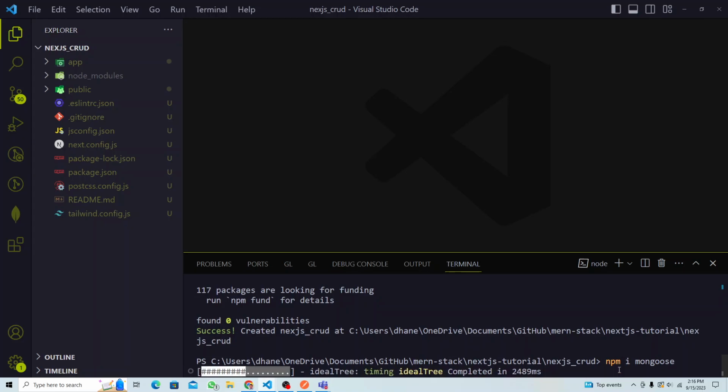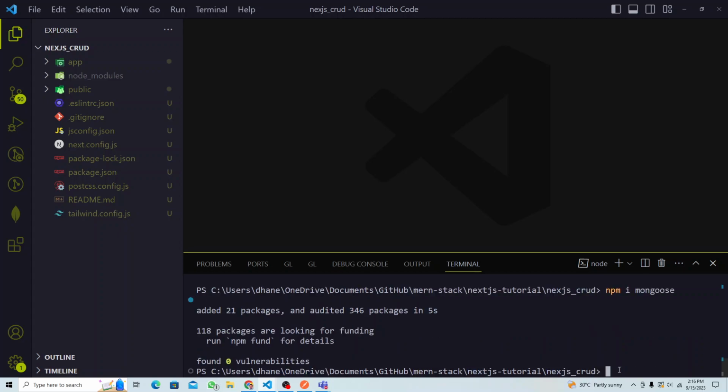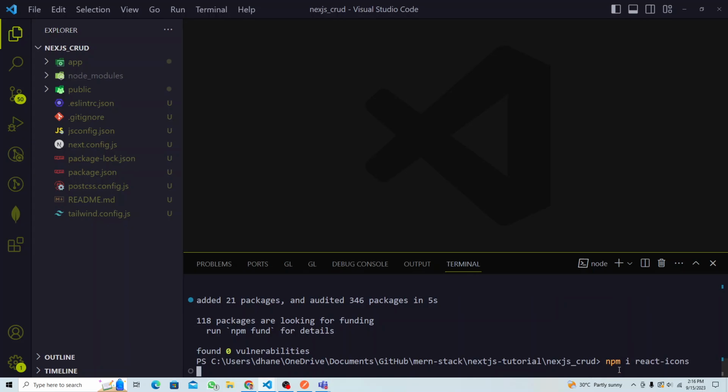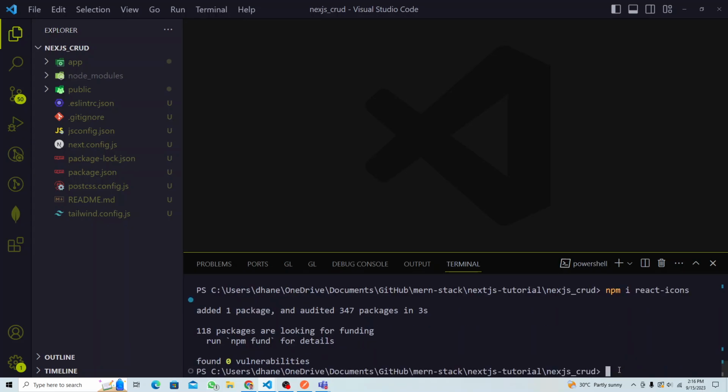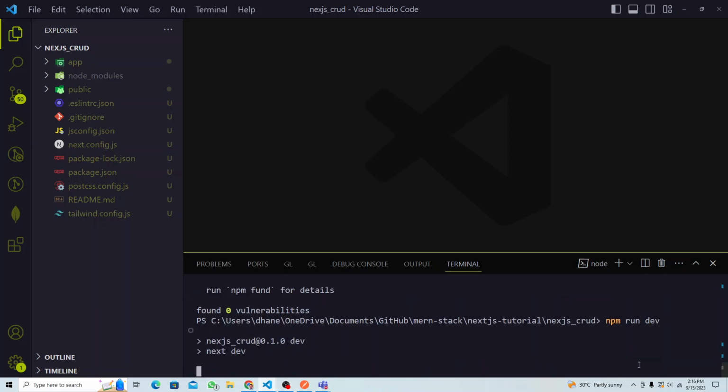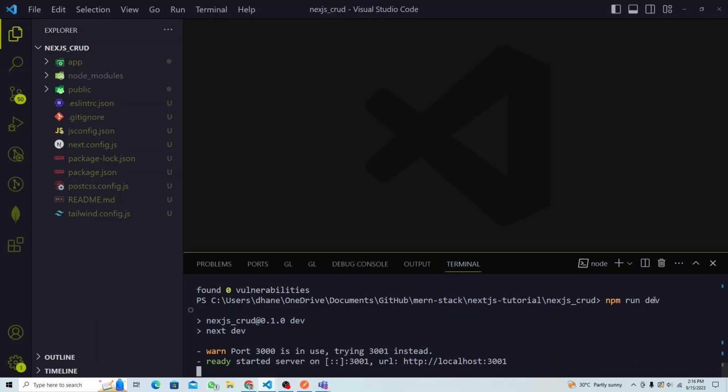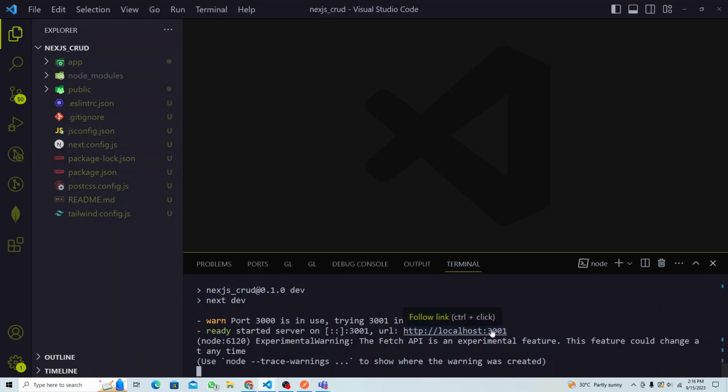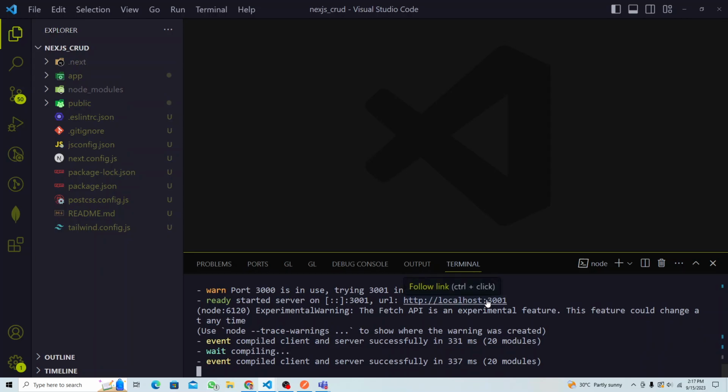And next, if we are using a couple of icons, we can use React Icons. So npm install react-icons, correct? React dash icons. So that is fine, we got that done now, right? So let's start our project. npm run dev. All right, so if I open this link, right, 3001,